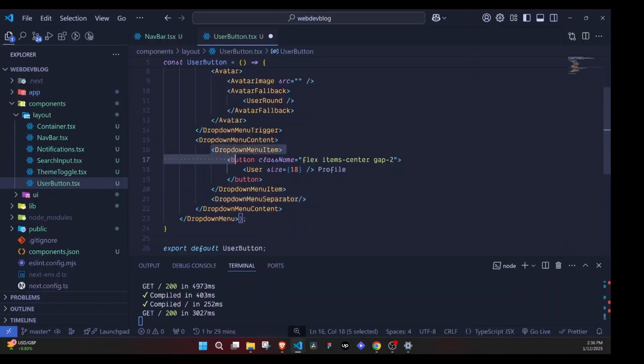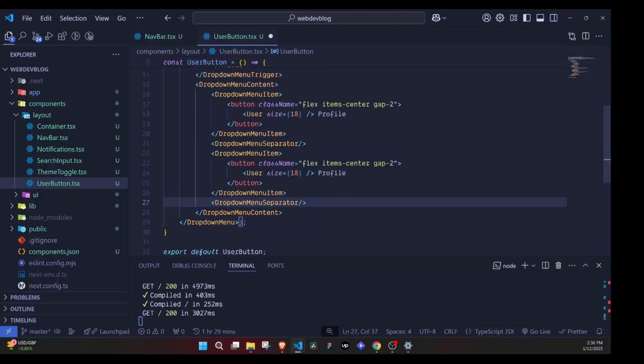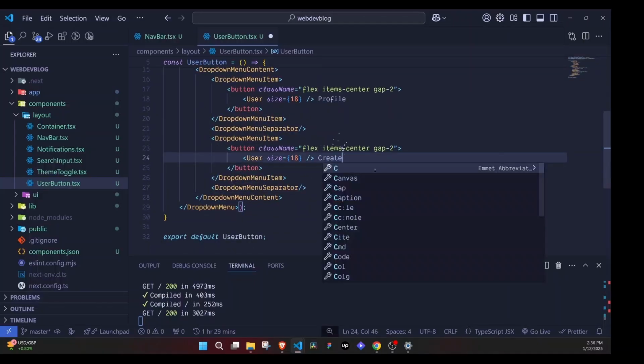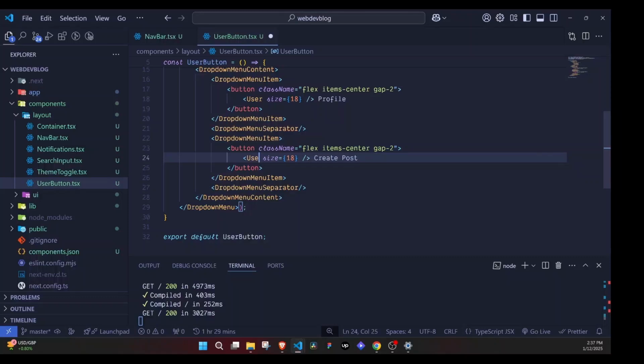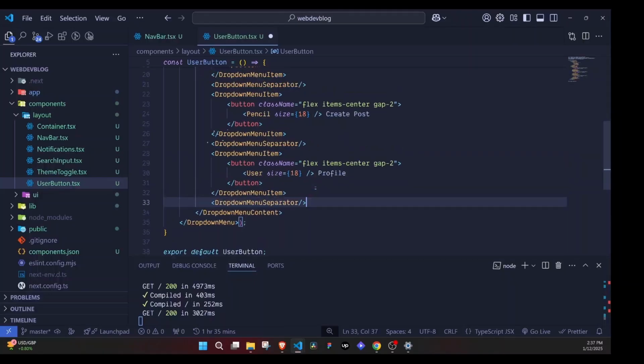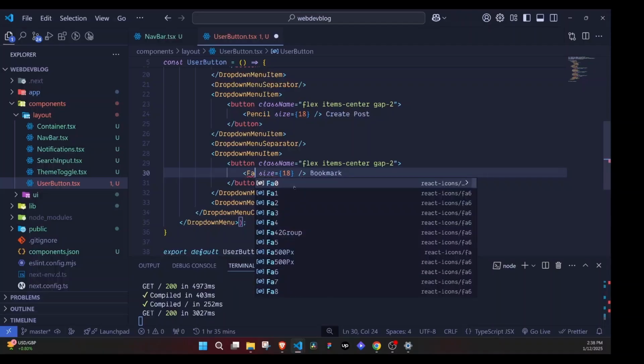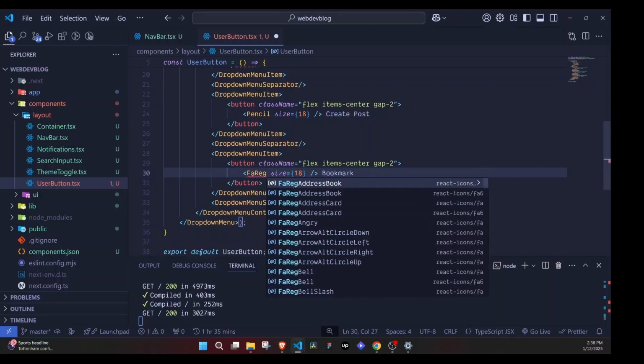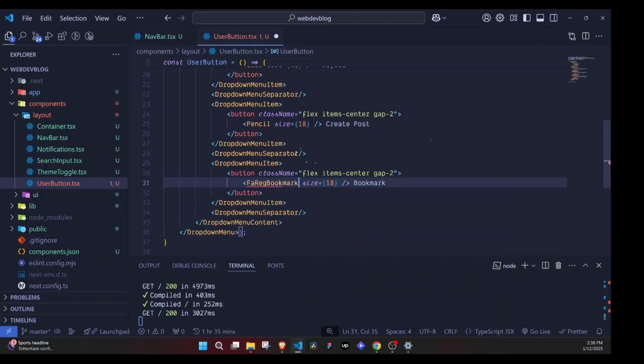And then I highlight this section, and I can copy and hit enter, and I'll paste. So here I'll say Create Post. I will use an icon from Lucide React called Pencil, and I'll click on that to import. Let's add more. Come to the end here, hit enter and paste again. Here I'll remove that, and I'll say Bookmark. Remove User. For Bookmark, we will get an icon from React icons called RegBookmark. Make sure to click this one, and that will be